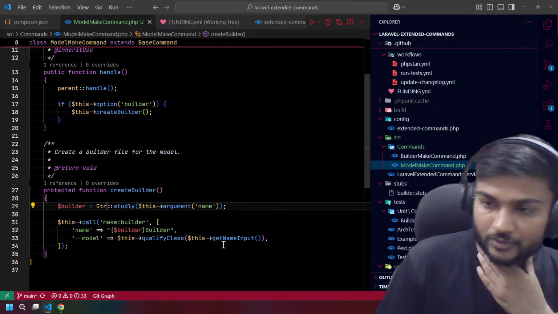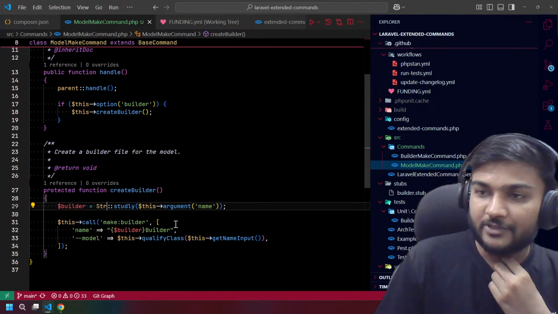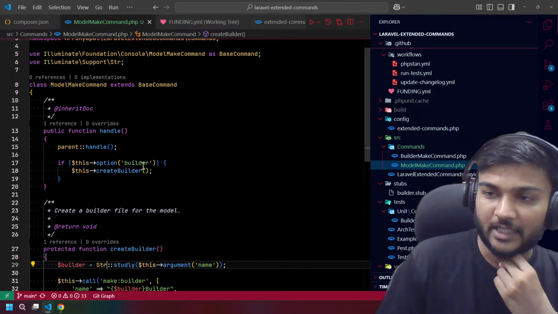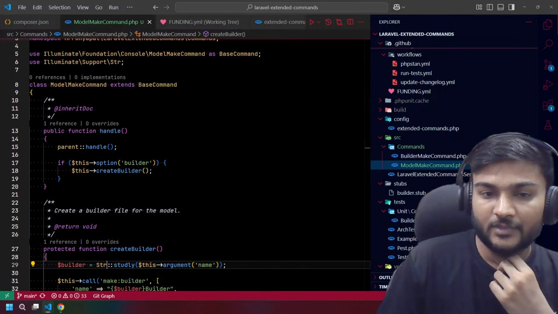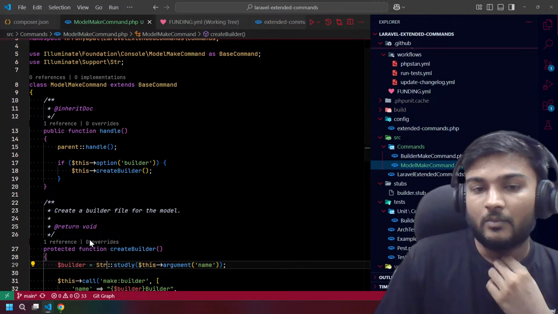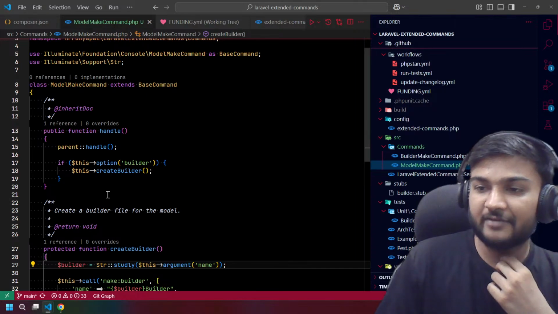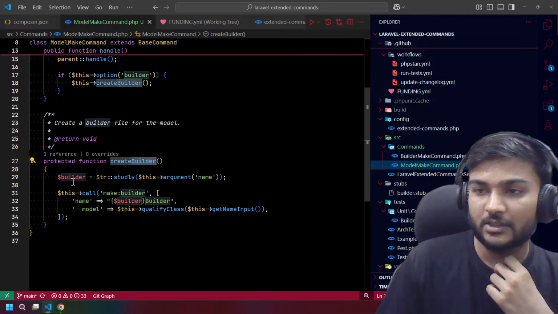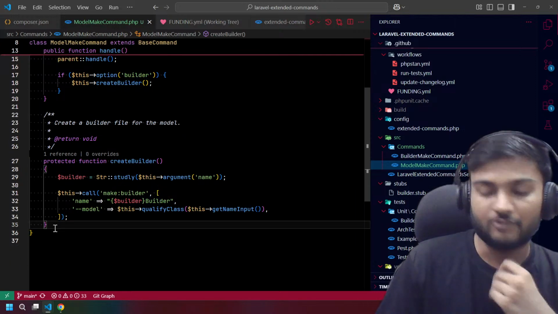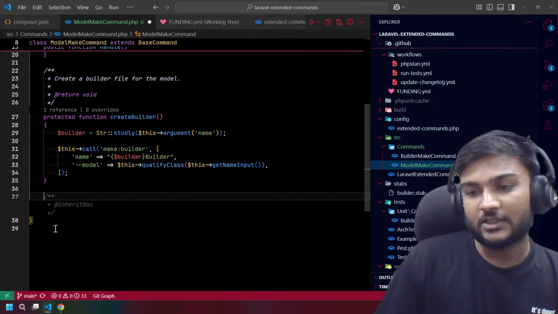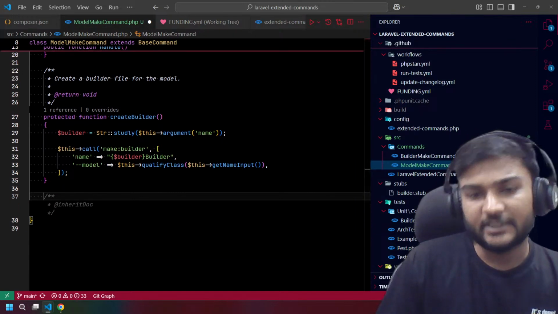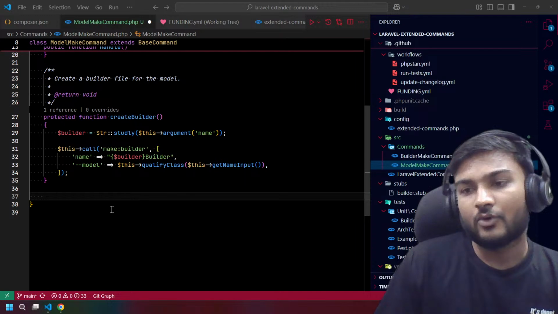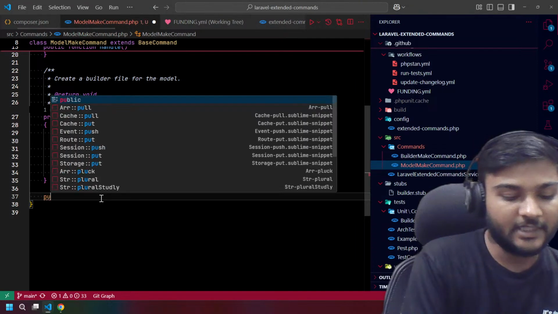What will happen is, whenever we have a builder option, we will call this create builder method, and it will create a builder for us, right? Other than that, what we actually need is to override that option.